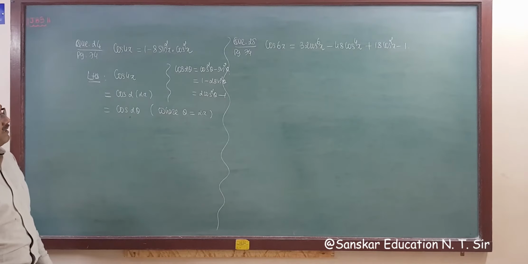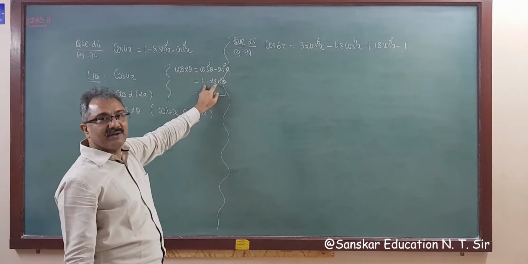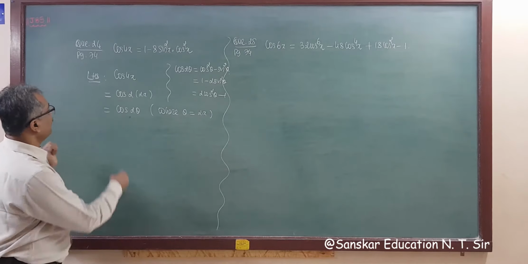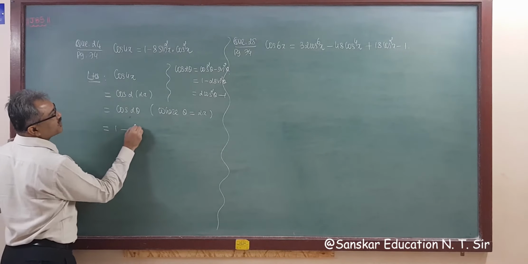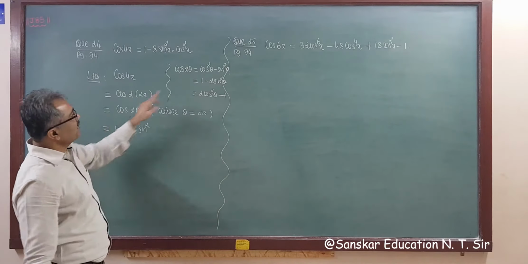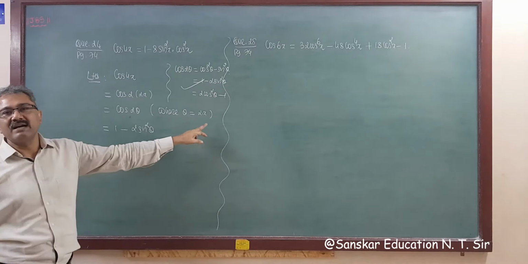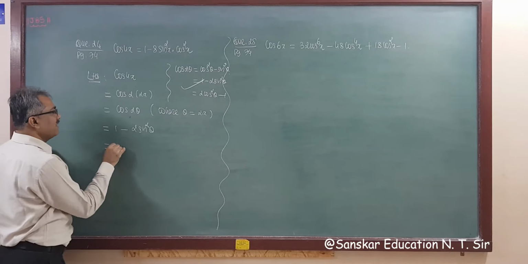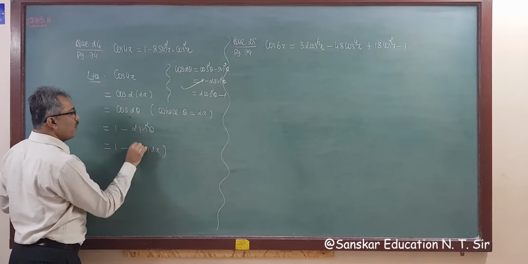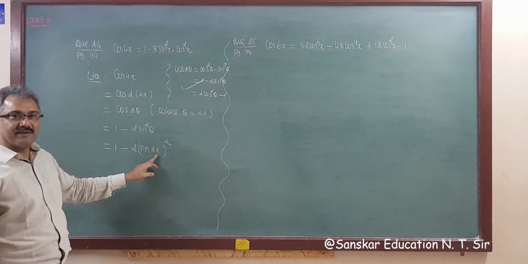So now it's a difficult task. We require sin and cos both. So can I apply this 1 minus 2 sin square theta formula? If we apply this formula, then what do we get? Cos 2 theta is 1 minus 2 sin square theta. But what is theta? Twice x. So applying that again, 1 minus 2 sin twice x whole square, because this is a square of the function, not a square of the angle.